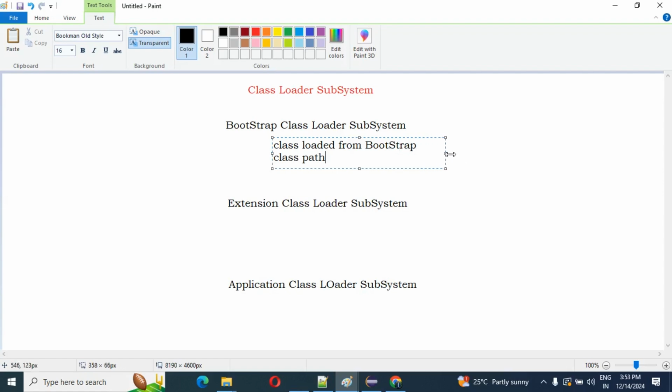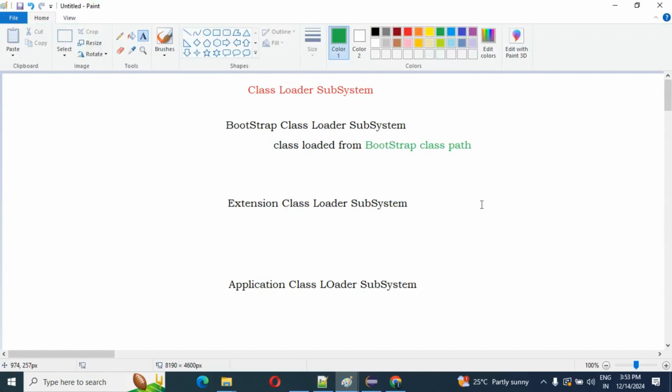Definitely you may have one question: what is the bootstrap class path? If this class is loaded from the bootstrap class path, then definitely you may ask, what is the bootstrap class path?